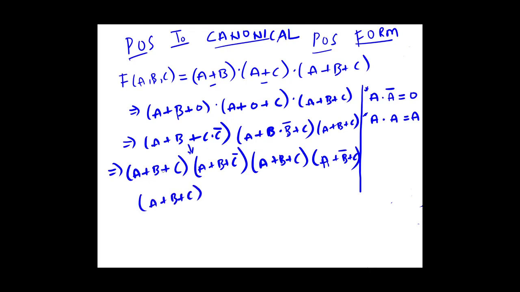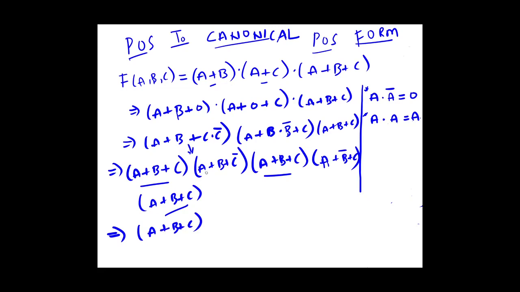After making this expression, the complete canonical form, just check if any terms are repeated. A plus B plus C. Is there A plus B plus C anywhere else? Yes, here it is there. Then again here. So you have it at 3 places. That means you already know A into A is equal to A. So A plus B plus C into A plus B plus C is equal to A plus B plus C. Again that A plus B plus C into this A plus B plus C, you will again get only A plus B plus C. So indirectly what I'm doing is, if you have the same terms repeated more than once, you'll ignore all of them and write only once.